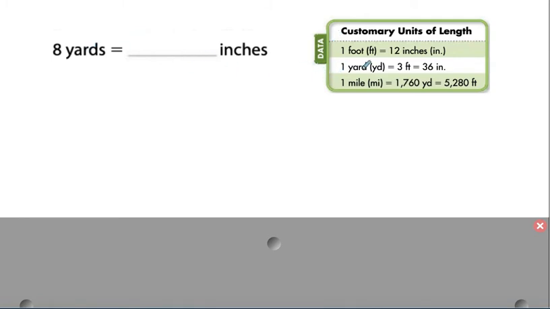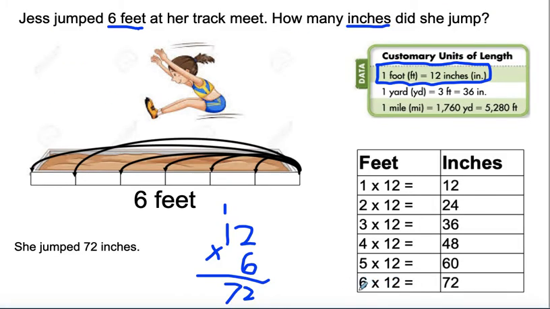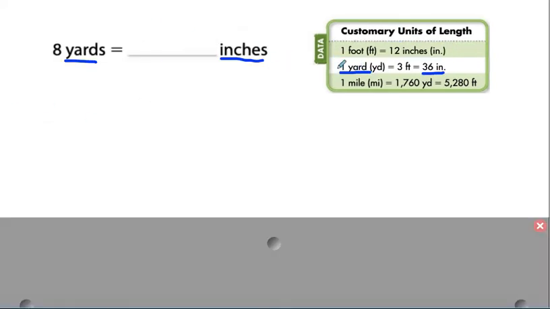All right, 1 yard, well, hold on. We have 2 units here. We have yards and we have inches. Okay, let me look at my data table. This is where I'm going to want to look, yards and inches. Well, if 1 yard equals 36 inches, how am I going to figure out what 8 yards equals? Well, over here, I just took 6 feet and multiplied it by 12 inches, but that was feet. So if I'm working with yards, I can say that 8 yards